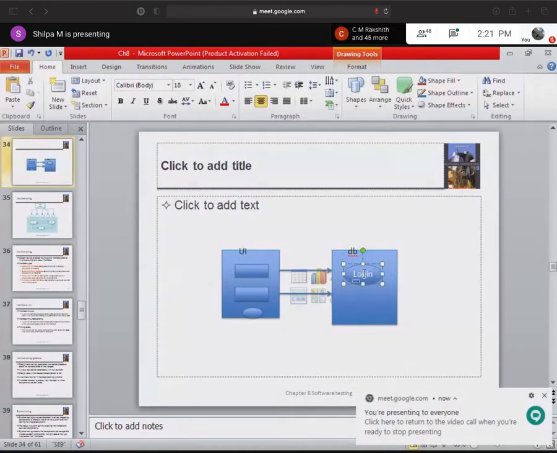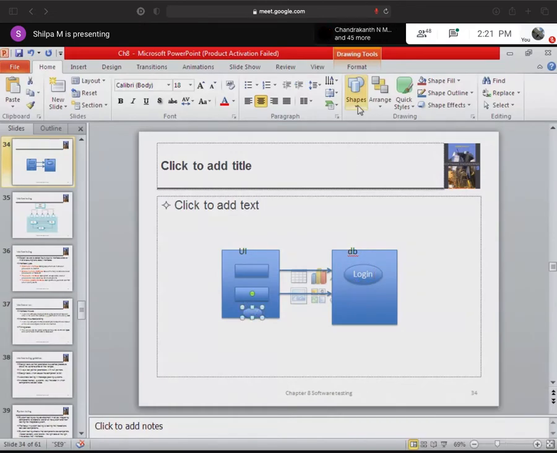So whatever data it takes, this login button which is clicked will call this function login. This login function here will take two strings.